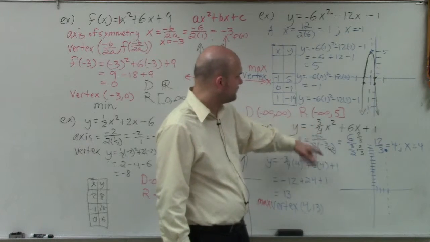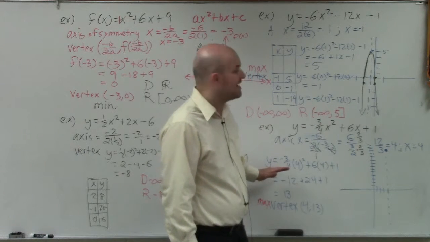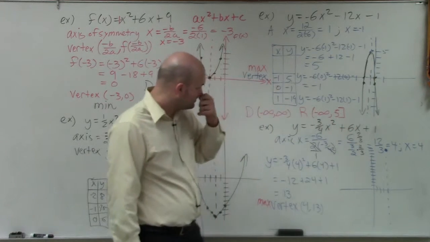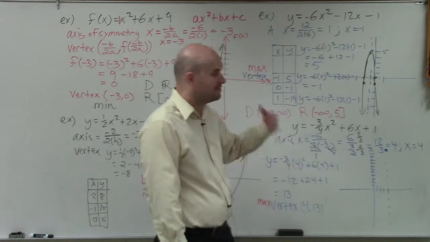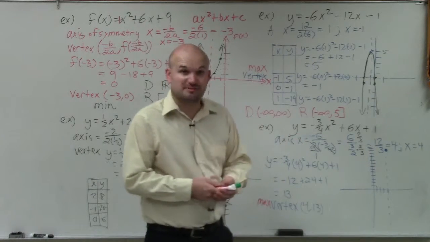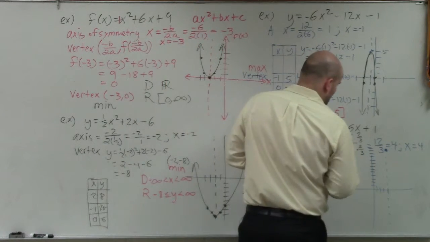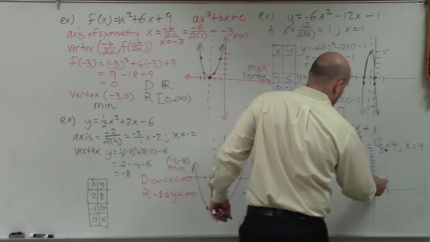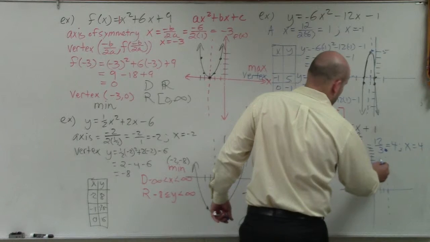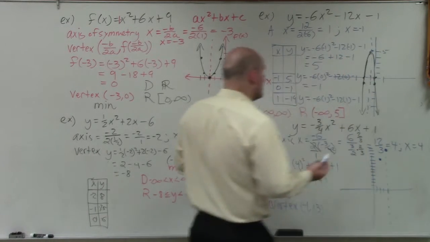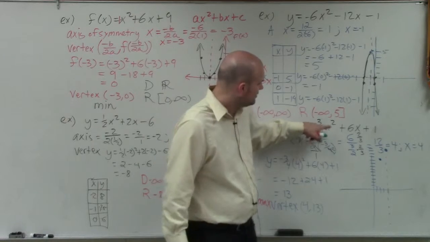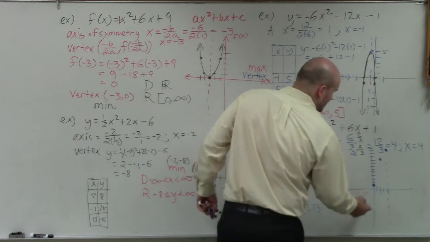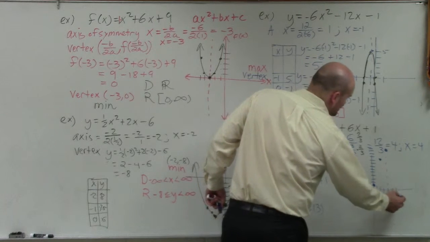So if I plug in 2, I get 2 squared, which is 4. Well, 4 times negative 3/4, the 4's divide out, so I'm just left with negative 3. 2 times 6 is going to be 12, plus 1 is 13. So it would be 13 minus 3, which is going to be 10. So at 2, I go up to 10. 1, 2, 3, 4, 5, 6, 7, 8, 9, 10. Then 0 is always a great one to see, because at 0, those go to 0, and you're just left with 1. So at 0, we are at the point 1. Then all I simply need to do is just so you can see